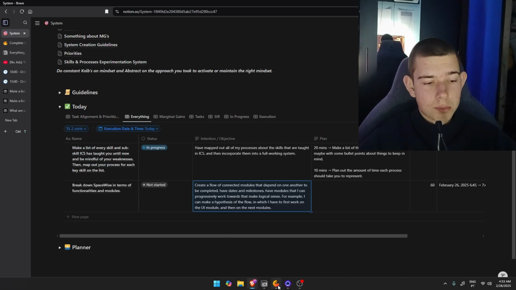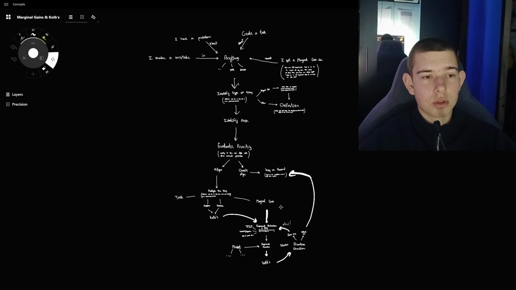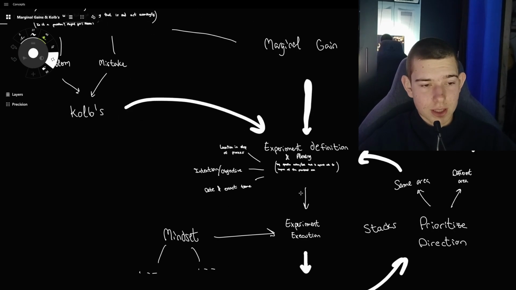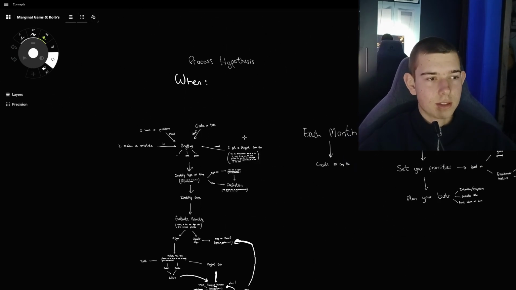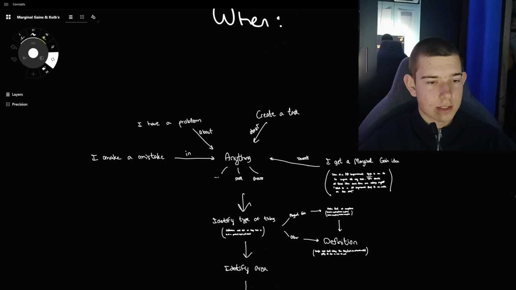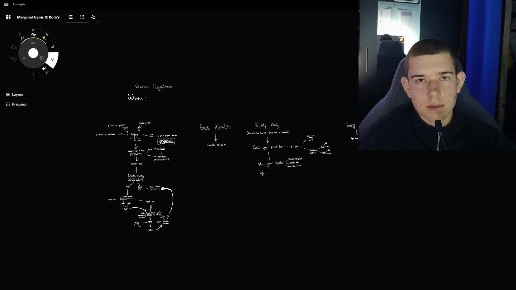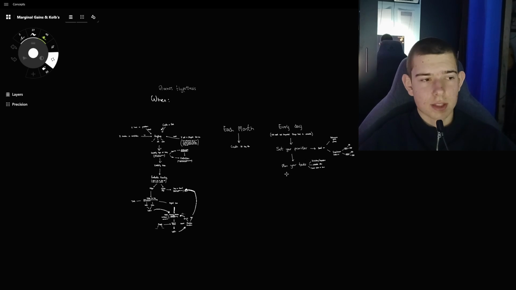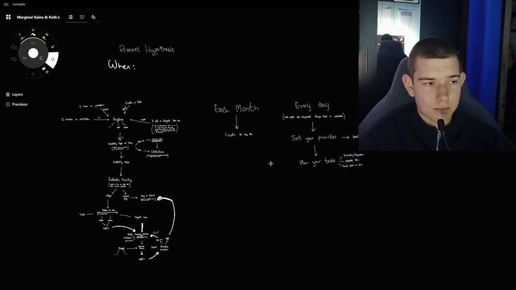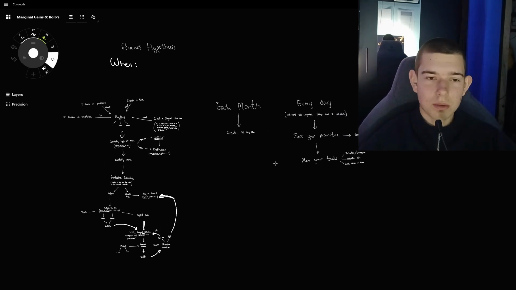Now I'm gonna do the processes that I've explained to you. This is how right now it looks. It's kind of like this, and there's this every month, every day, and every week. It's basically like this for now, but I'm gonna map out a lot of things because I want to create the actual system that I want to create. And right now I'm gonna see what parts of the processes that I have are weak and which ones do I have to improve.